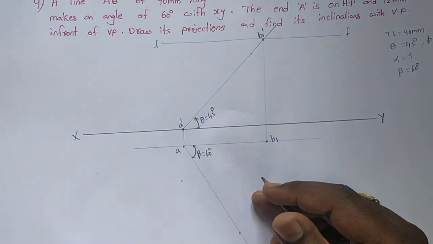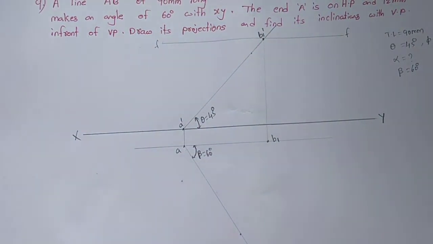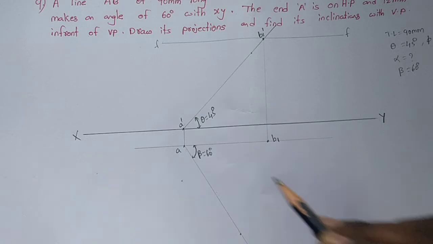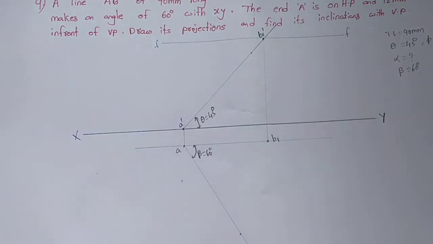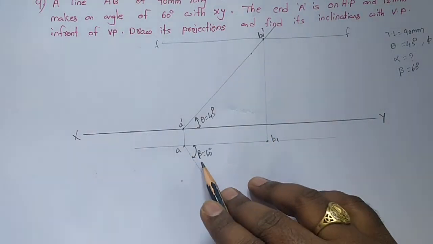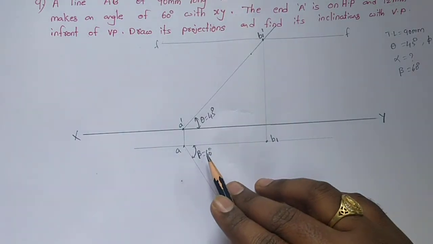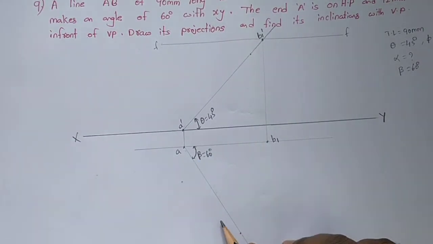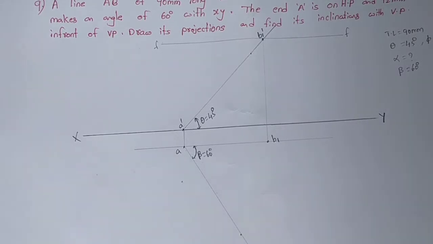Theta and phi are the angles between the true length of a line and the XY line, and alpha and beta represent the angle between the front view and the top view with XY. Here they have given only the top view angle, but they did not give the length of the top view, so that we need to